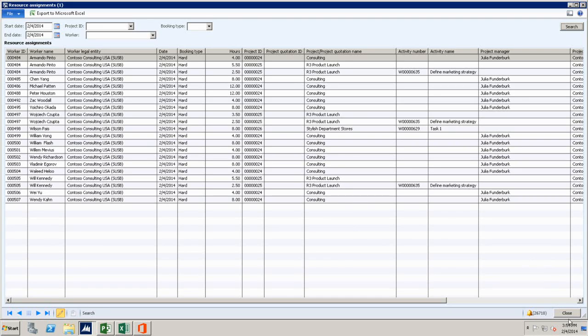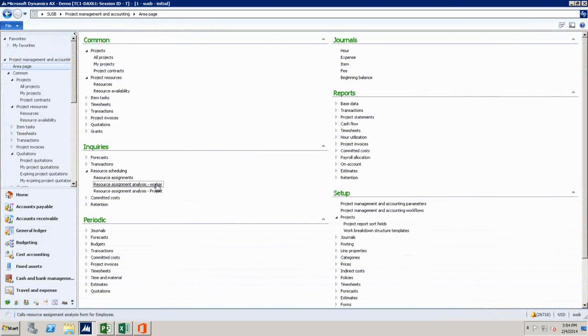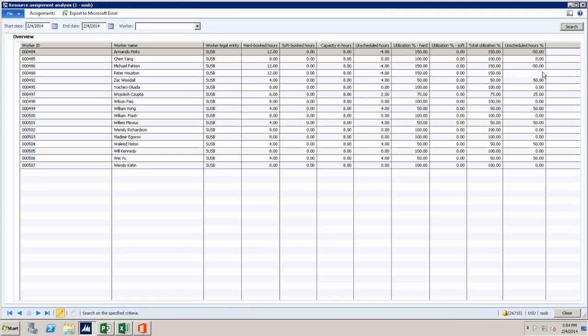If I go to, actually it's worker-based, the next one. You can see per worker the utilization, overall utilization, and basically hard book utilization versus soft book utilization. One thing we don't have is the utilization KPIs that the resource manager is being measured against. We don't have that right now, but that's one of the other features that we are looking at right now.